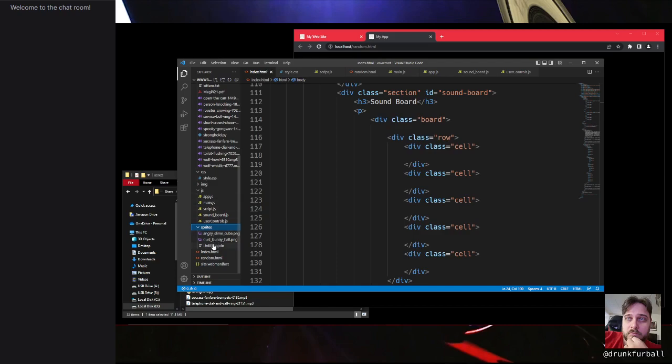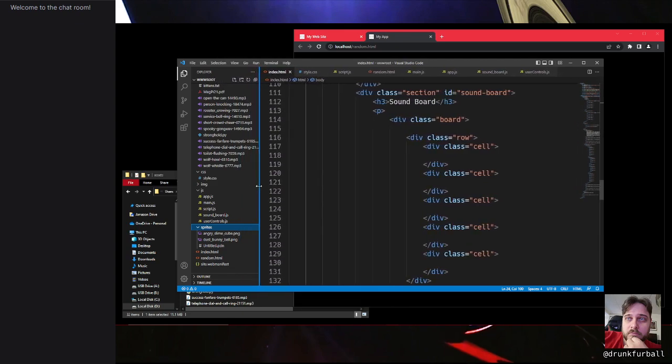But we can't do anything with that, can we? Not without importing it into our code. And then how do we keep from importing just the entire image all at once? Well,